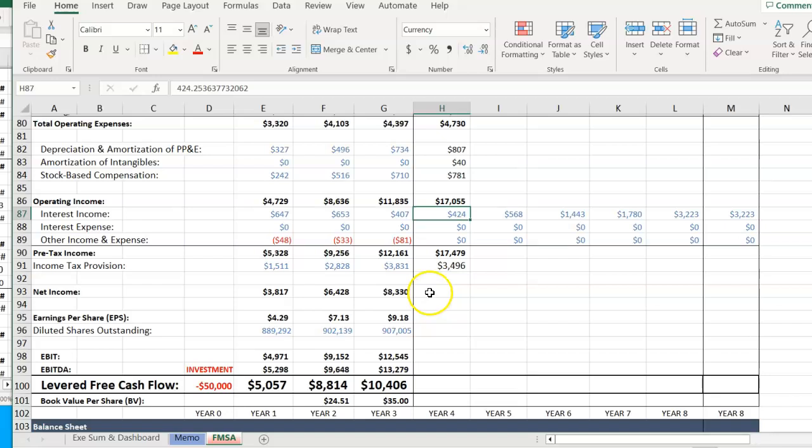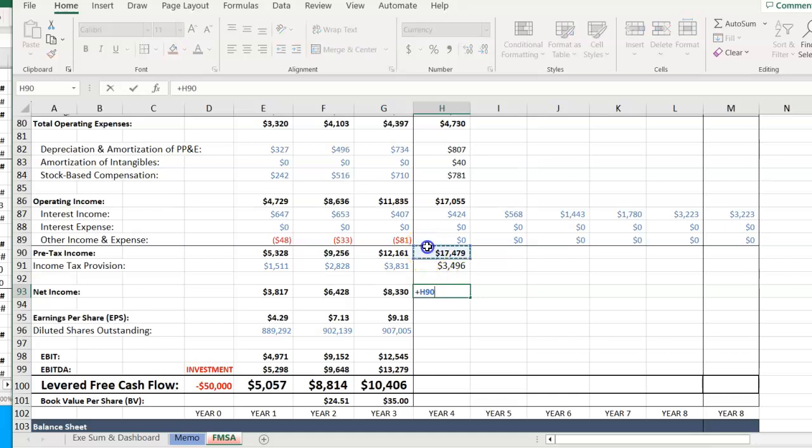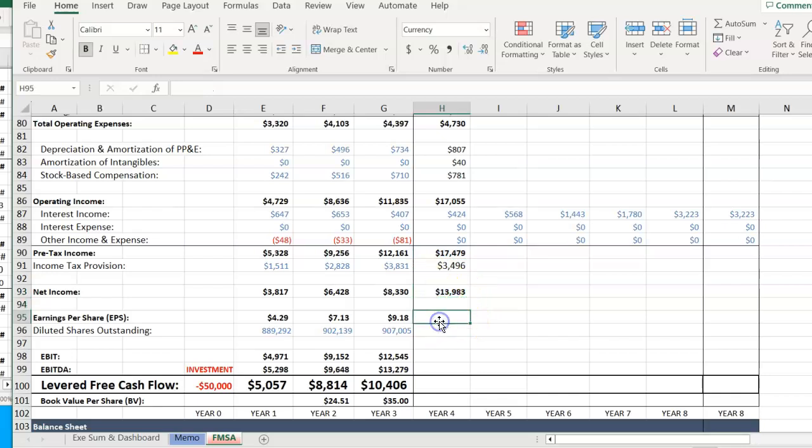Okay, so let's look at our net income, which is going to be our pre-tax income minus our tax. This is our net income. So earnings per share, we want to calculate our earnings per share. So we're going to take our net income and we're going to multiply that by